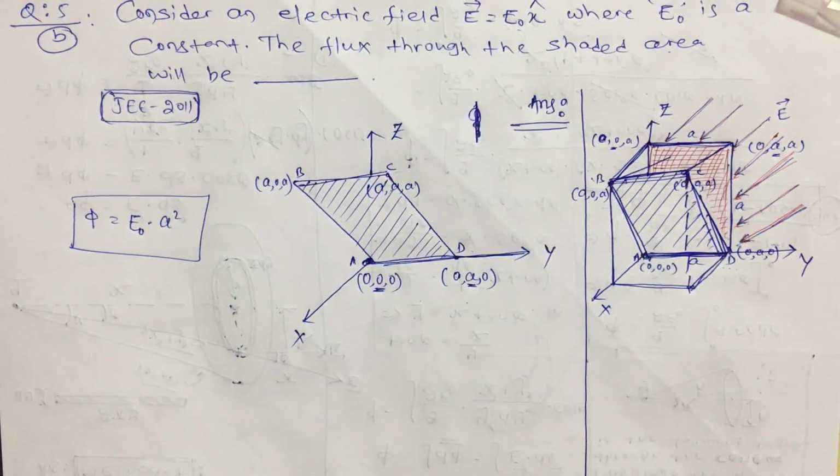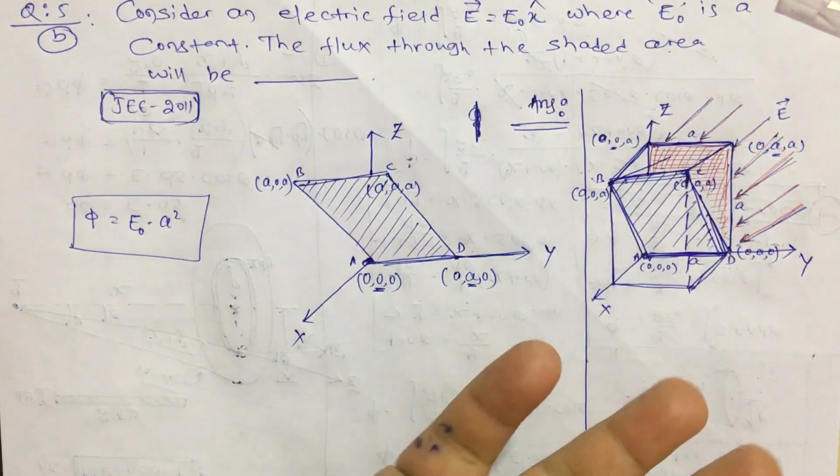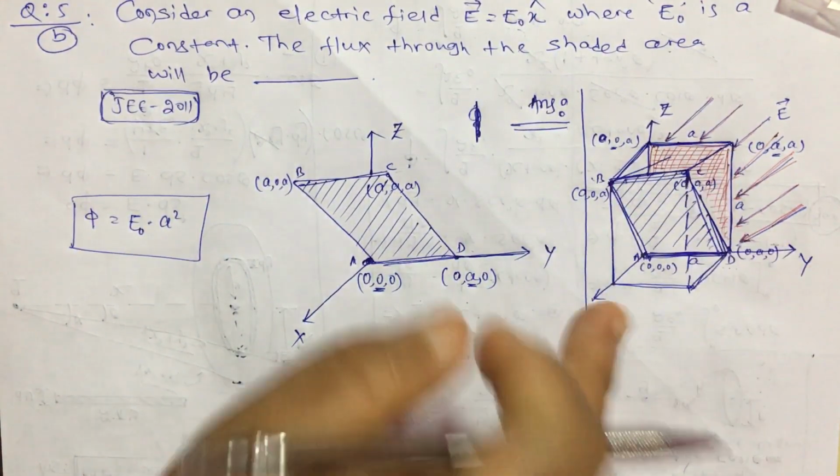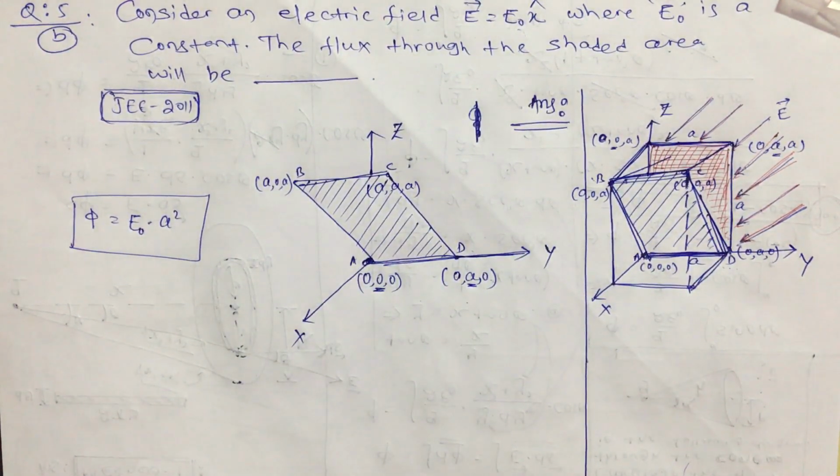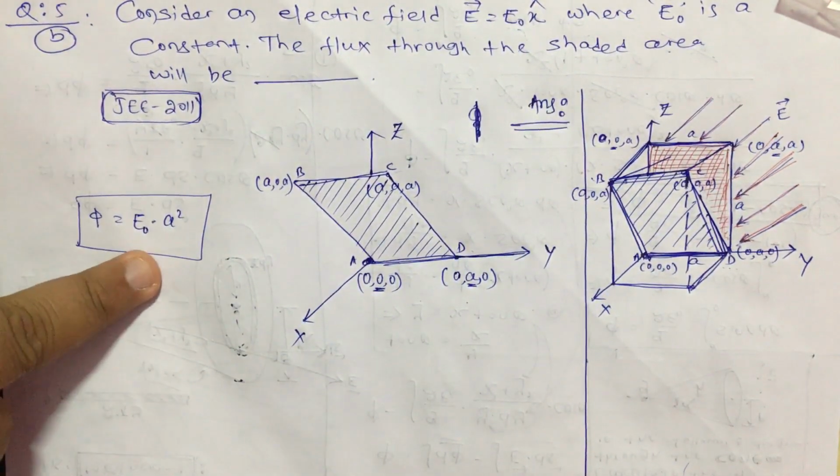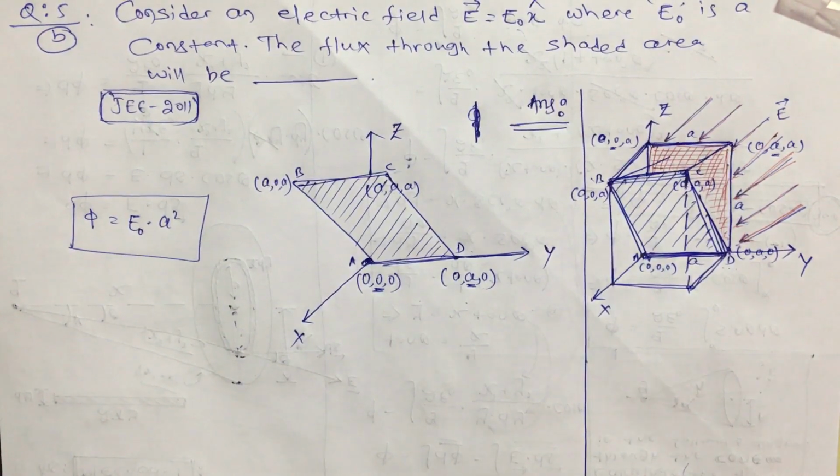That is the answer. See, this question is solved in many books in many ways. They have taken the area vector, found the angle, and all that. They have tried to retain the area in terms of some vector form and like that. But I think this is the easiest one to solve. But it is only easy if you can draw this, or if the idea of drawing that cube came into your mind. Okay, so this is the same formula that I have used in the previous questions.